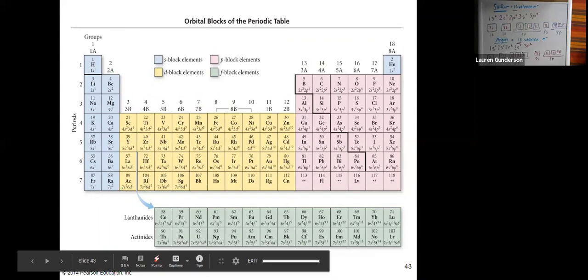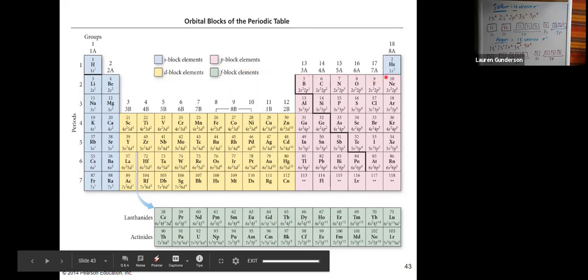Now, the next block is your P block. That's the next most common one. And if you count the group numbers or the columns that are part of the P block, you'll see that there are 1, 2, 3, 4, 5, 6 of them. And not coincidentally, your P sublevel can hold 6 electrons. So you notice in the electron configurations, it's like 1s2, 2s2, because there's 2 electron spaces, 2p6, because there are